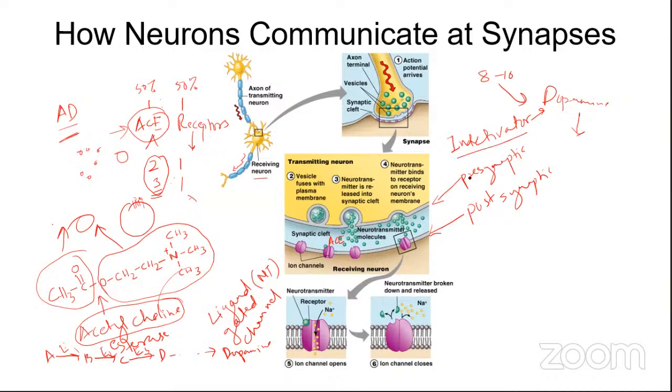Now, what's the catch here? If I use an inactivator for dopamine, then I'm ensuring that the dopamine doesn't get degraded. But if it doesn't get degraded, then I should be able to get it back in the presynaptic membrane, right? So that I can reuse it. Yes, sir. So if there is an inactivator, then it will bind to dopamine, but will it ensure that it comes back to the presynaptic membrane?